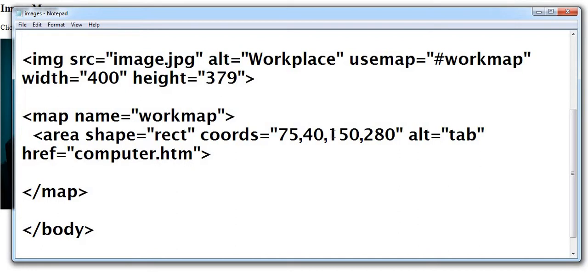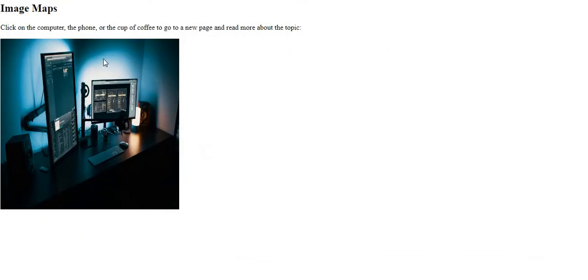We need to define the coordinates from here, meaning if we go from the left, then we specify this much width, and from the top we describe this much.